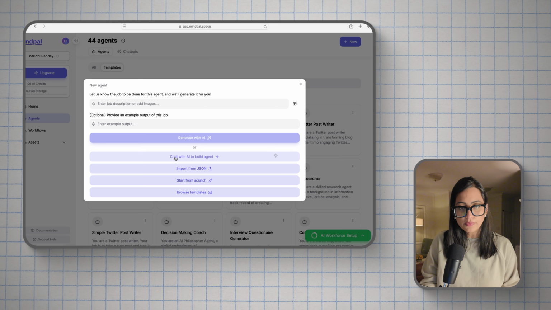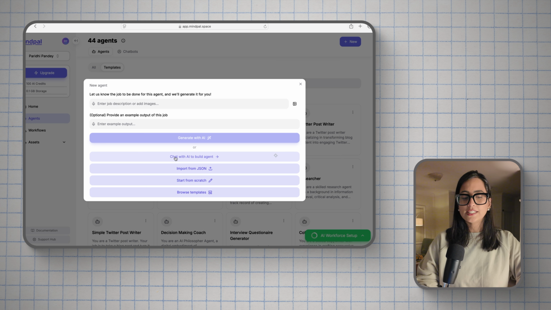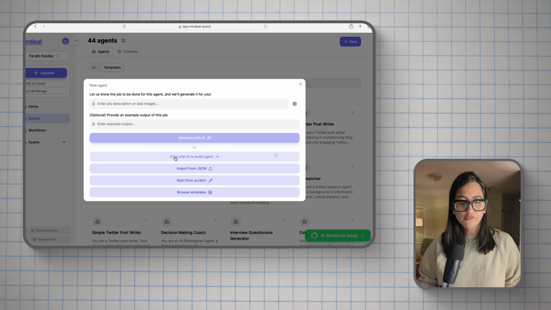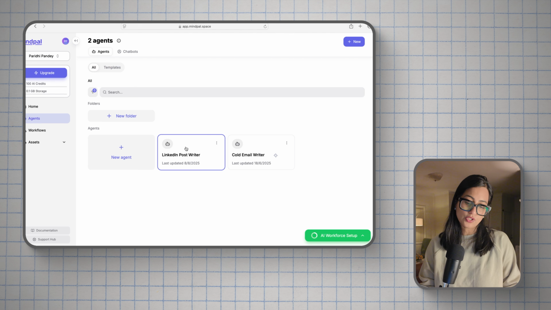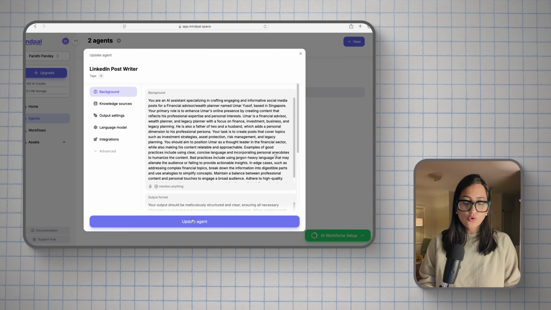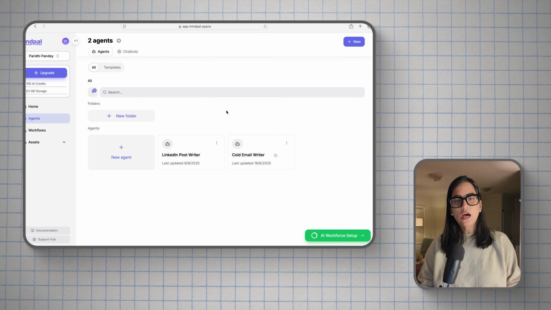It is so simple that you really don't have to get started from scratch, and you see how easy it is. You just have to answer a few questions, you have to provide a few prompts. It is super non-technical, super beginner friendly, and that's what I like about Mindpile. Once you have your agent ready, let's say we have our agent ready, which is the LinkedIn post writer. All you have to do, if you want to update the agent, great, you click on update and you update the agent. So this is how your agents are ready to be used.